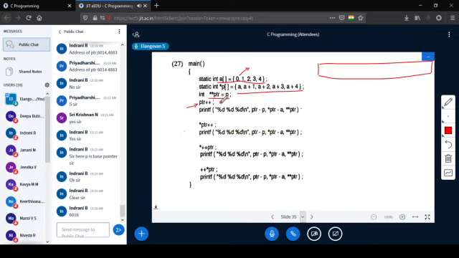Okay, 6016 now. Now coming here, PTR minus P. What is PTR? PTR is 6016. What is P? P is nothing but the address of P of 0, correct? What is the address of P of 0?